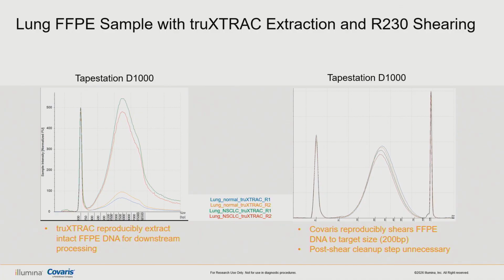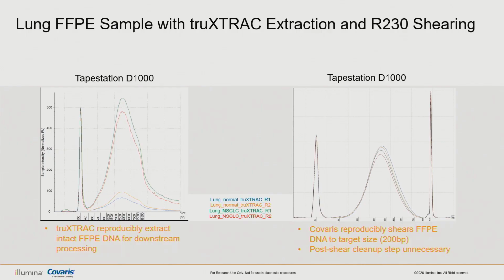And again, to the left, you can see the size distribution of the intact FFPE DNA, which is very intact. It's quite high. It's distorted with the x-axis here, but the peak range is about 5,000 base pairs from FFPE DNA. And when we shear this for the optimized workflow for the library preparation with 5-base, it's about 200 base pair, and that's the trace you see to the right, that you get a very consistent library fragment size for the library